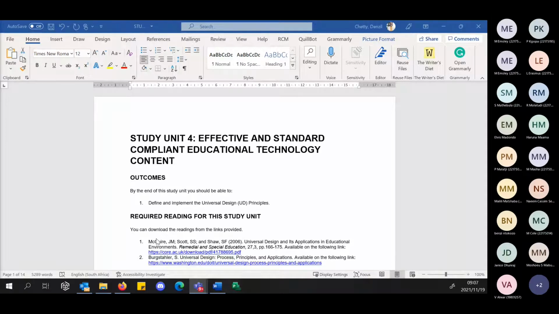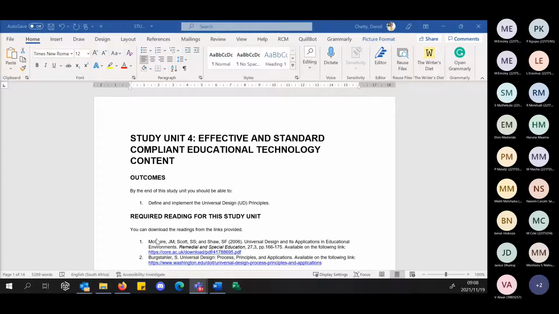Those elements are quite important when we are thinking of technology design and how we integrate technology in higher education teaching and learning, but more specifically the contextual factors that shape and refine the issue of compliance. For this particular study unit, it makes it a bit difficult for us to look at all the issues that we want to cover. What might be better is that we refine it to specifically looking at creating inclusive teaching and learning spaces when it comes to technology integration.